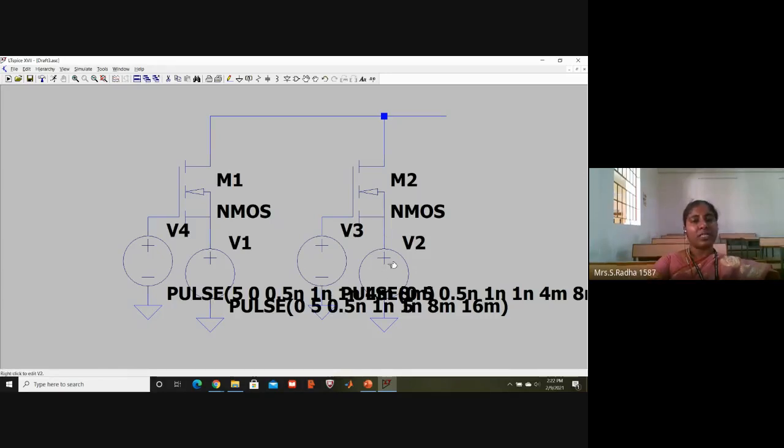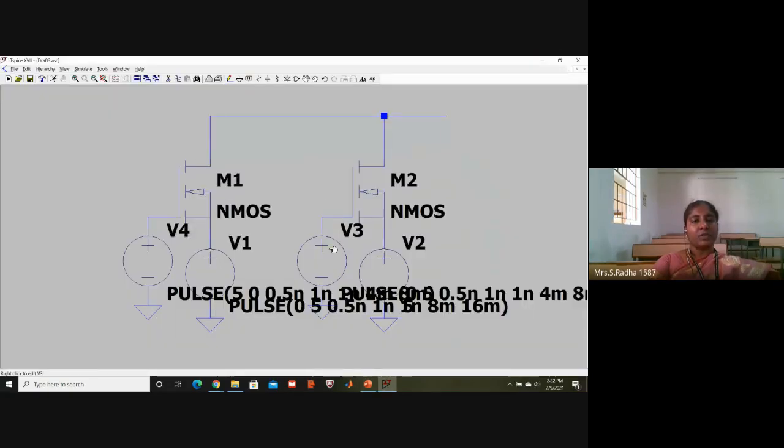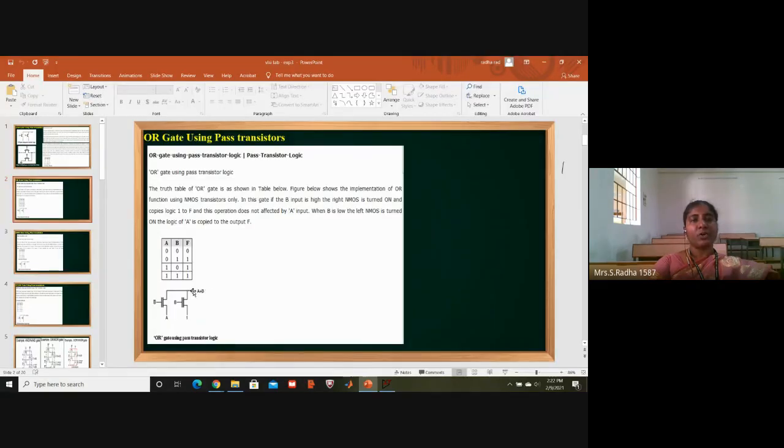So at this point it is logic 1. You see the PPT, logic 1 you have to give here. Logic 1 means 5 volts I have given. Okay, this is about the circuit. Now you are going to take the outputs at the drain point. At the drain point you have to combine the drain points and take the outputs.